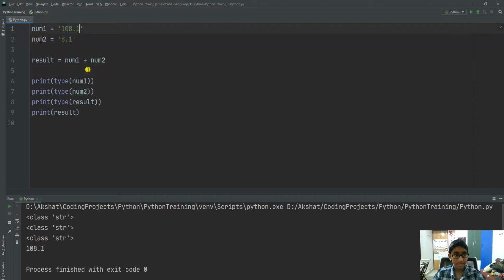Now let me change that back. There we go. So now I just want to make a point here. If we are performing an operation with two similar data types, then we will have no problem and we will complete the operation successfully. This means that the Python interpreter knows what the type of the result is going to be. But if they're not the same data types, in our case we were adding a float with an integer, so that time